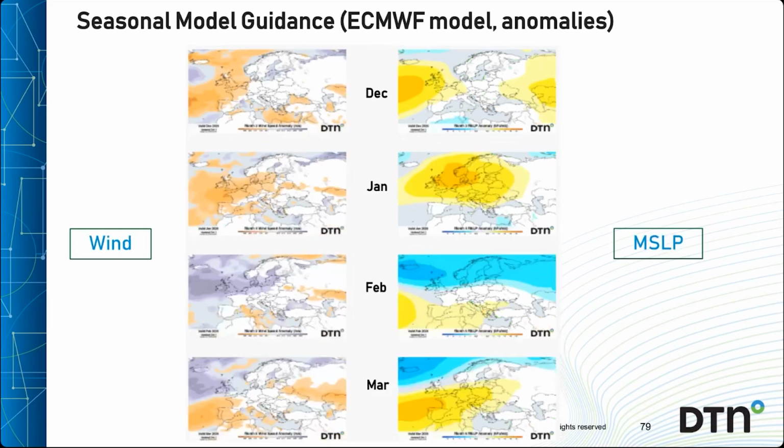Rather low winds shown by ECMWF in December and January. That's due to high pressure being modelled in the vicinity of northwest Europe in December, then centred closer to North Europe overall in January. It's showing more of a positive NAO regime for February and March, with increased winds across northern Europe, but more of a build of the Azores high into continental Europe during March.